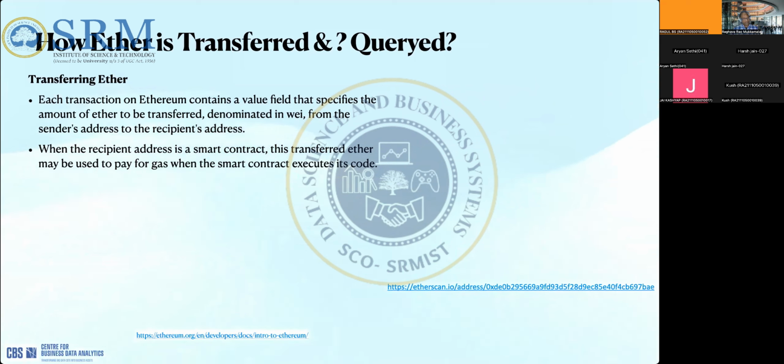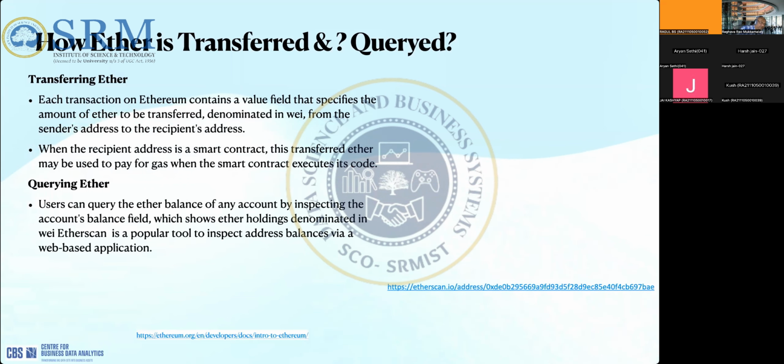Similar to that, you are calling a smart contract and paying for the gas. And then the value field in the transaction will contain the gas cost, right? So the amount you need to execute this smart contract will be part of this transaction.